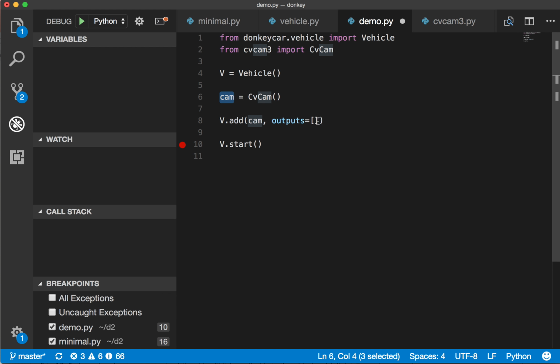As it gets called, the outputs will be named. They'll be named some arbitrary output. We can just name that whatever. You could call it really any string that you want. It doesn't have to be camera image. Nothing special about that. But now by specifying that,